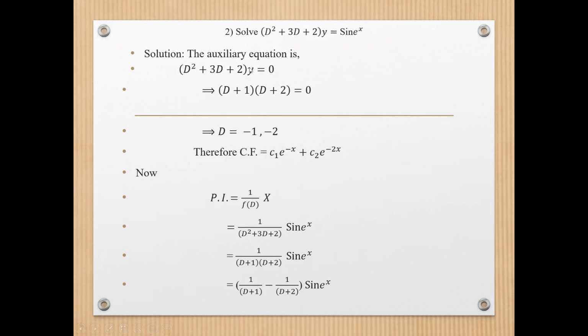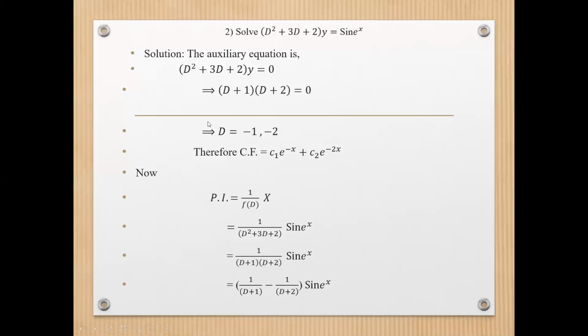Here is a mistake, there is no y, because the auxiliary equation is F of D is equal to 0. F of D is here D square plus 3D plus 2. So D square plus 3D plus 2 is equal to 0. This can be written as D plus 1 into D plus 2 is equal to 0. You may find the roots of this quadratic equation in D directly. We get the roots as minus 1 and minus 2. Both roots do not involve an imaginary part, so both the roots are distinct and real.